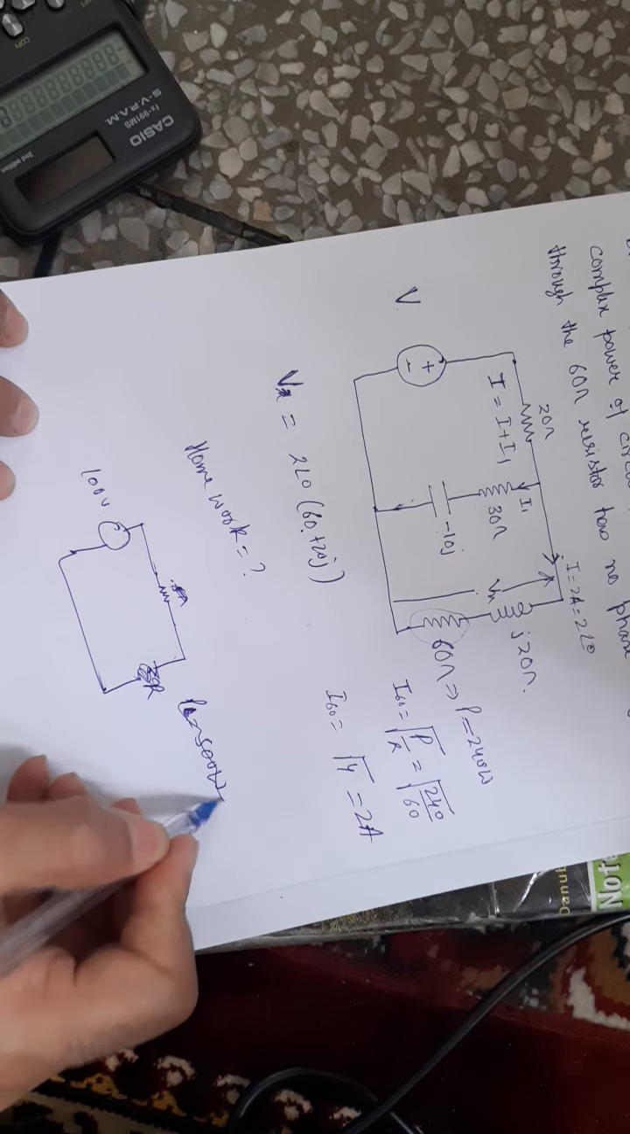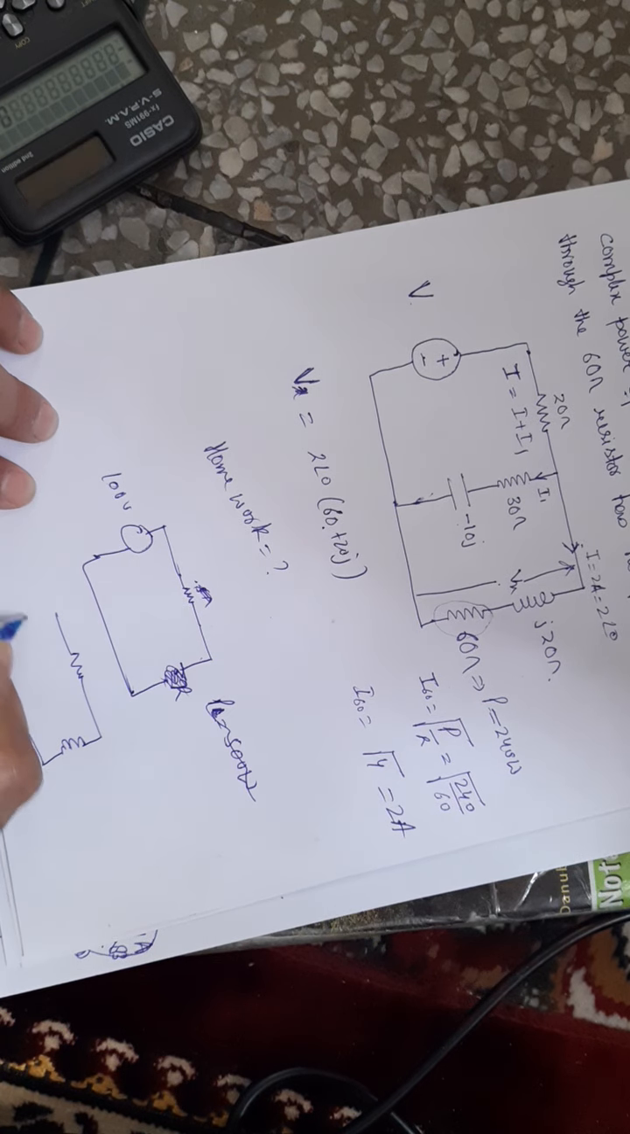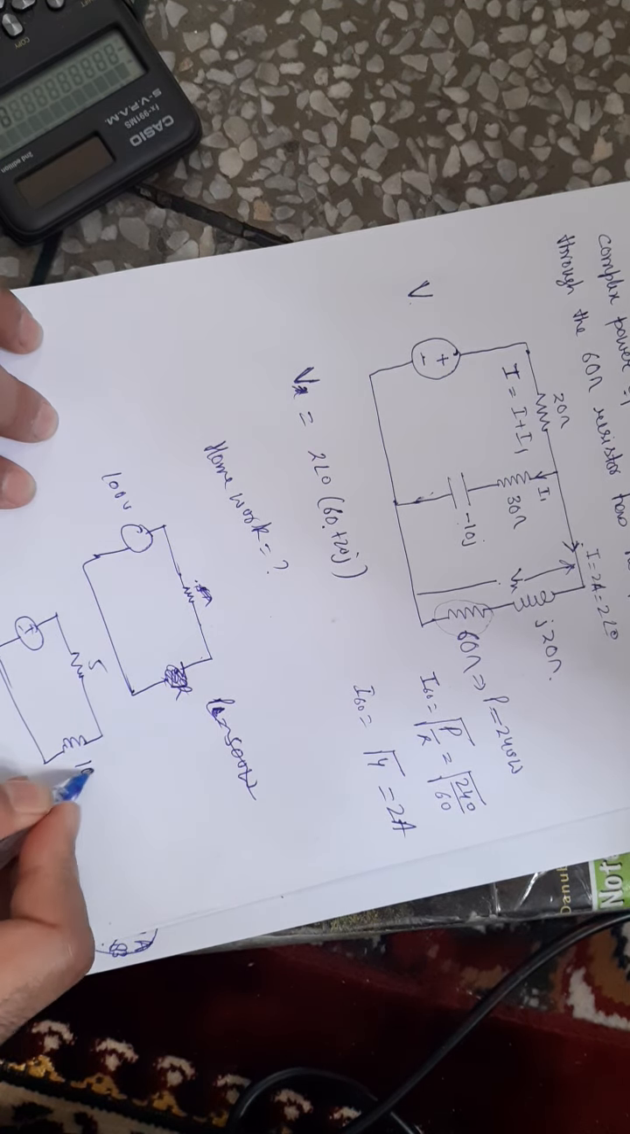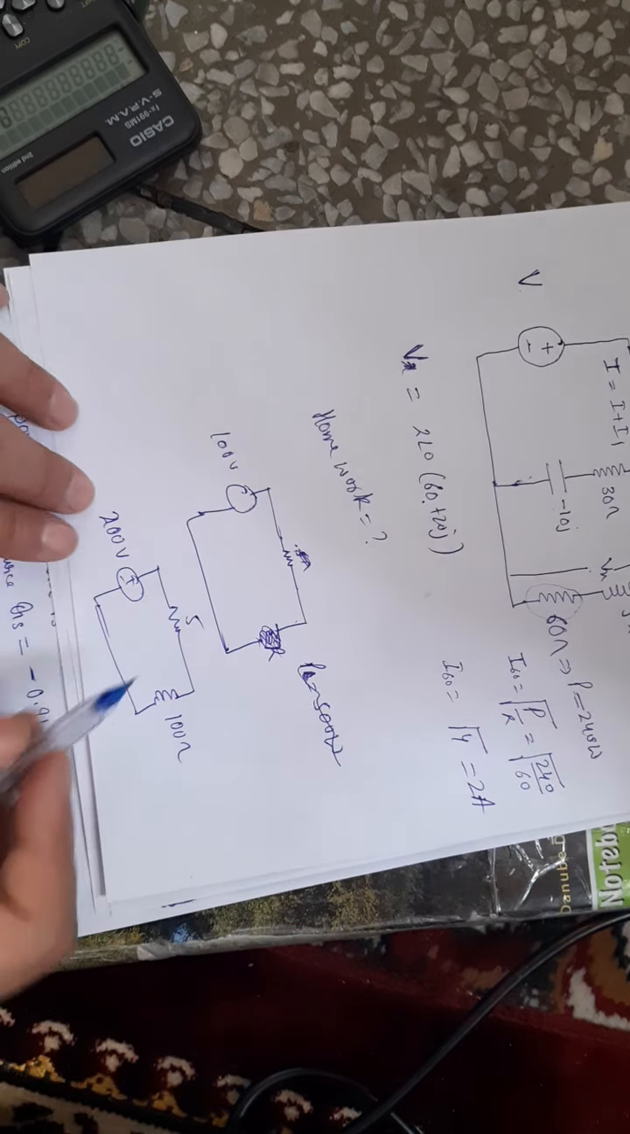Yeah, I can show it to you like this. This is 5 ohm, this is 100 ohm. Suppose I'm saying this 200 volt source. So tell me